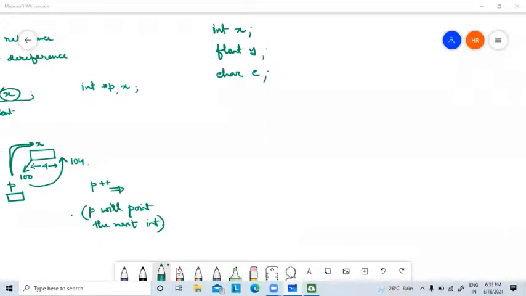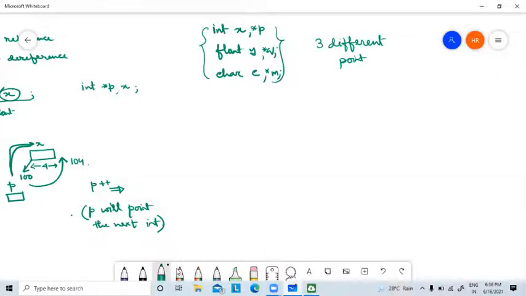I have three different variables. Now, if I want to store the address of these variables, then you can easily understand that we need three different pointers. Why? Because the pointer type and the variable's address it is holding must have the same type. So we need three different pointer variables. Let us assume *p, *q, *m.